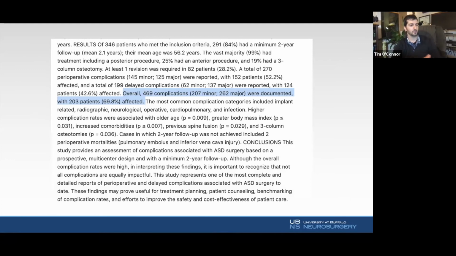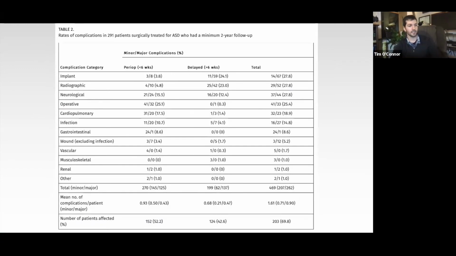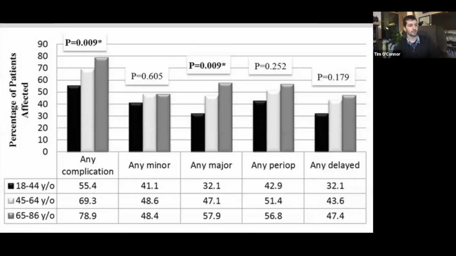And what they found with this study was that in their cumulative patients, almost 70% experienced some complication, with over half of those complications reported as major complications. And so even in the best of hands, these large adult deformity corrections do carry inherent risks. And here they break down the rates of complications. And so when breaking it down by age, our patient would be at an even greater average risk of experiencing a complication. And so the question is, are there ways of achieving our surgical objectives while minimizing operative time and